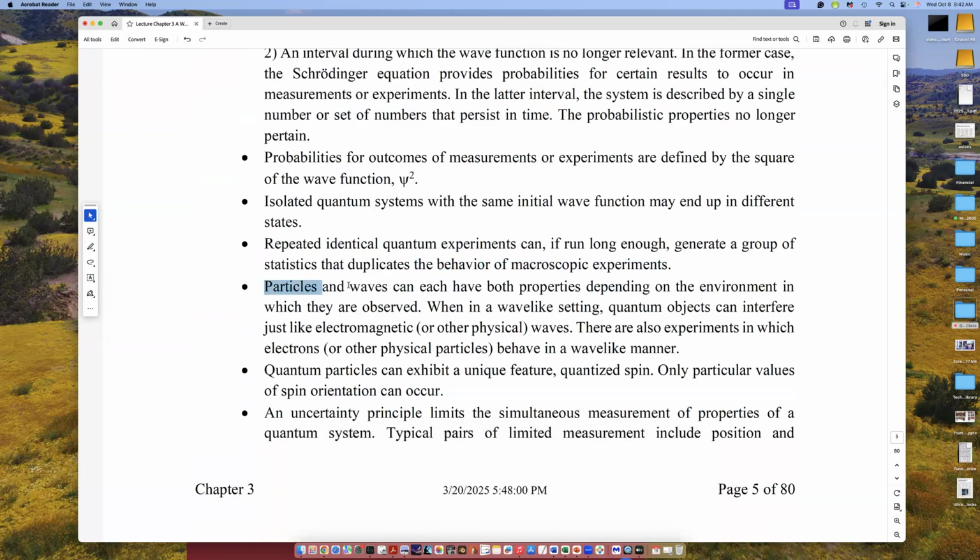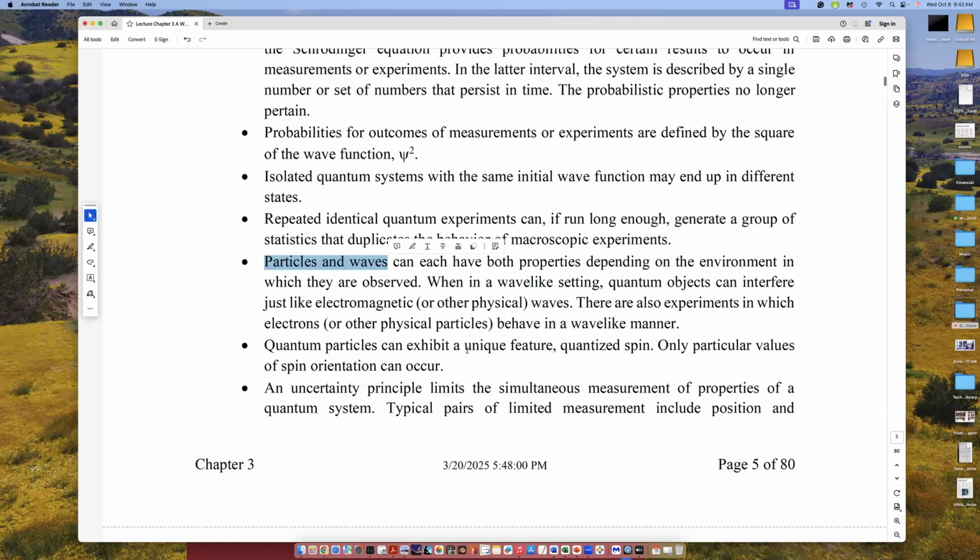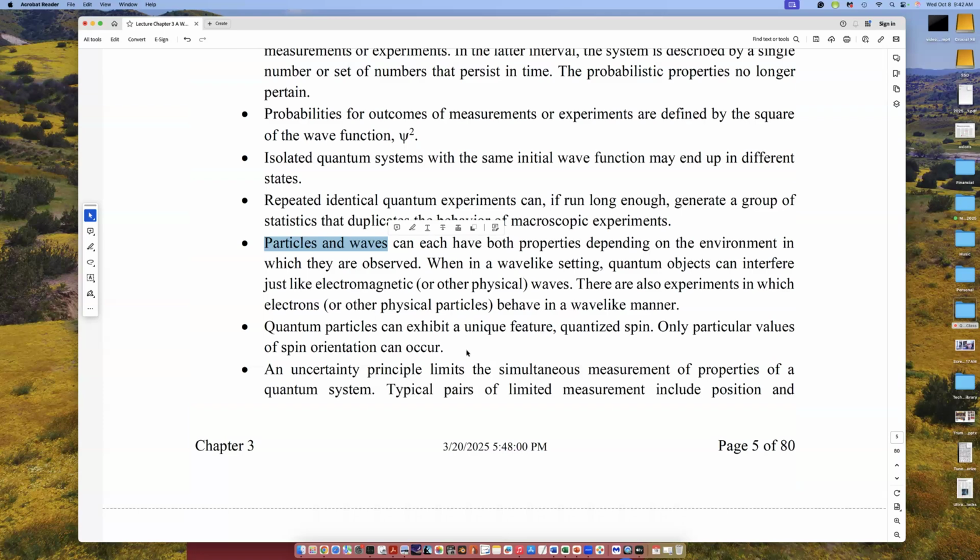We also introduced the idea that particles and waves can each act like the other. An electron, which we prior always thought of as a little entity, can act like a wave. And I'm going to show you examples of that in a minute. And wave stuff, like light, can act like particles. This is one of the big controversies in early days of quantum mechanics, that we have both particle and wave behavior depending on the setting in which you do your quantum manipulation.